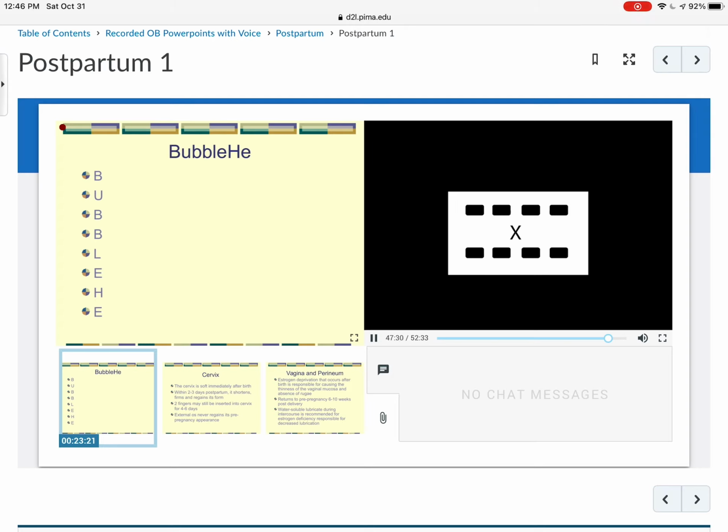So that's what we call perineal care, which is really important to decrease infection. We look for signs of infection. We check for odor, which is infection, but we keep that area nice and clean. The next H is for Homans, and that's kind of controversial, but I would never take the H out of BUBBLE-HE